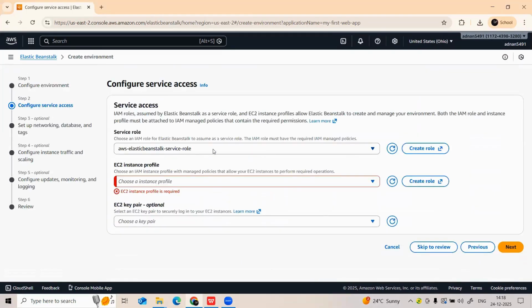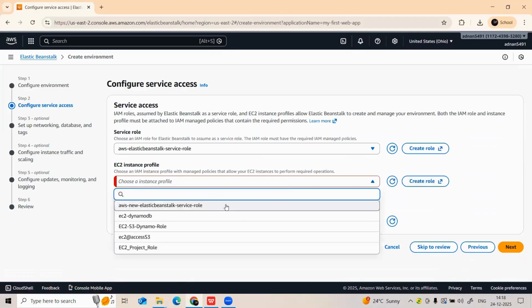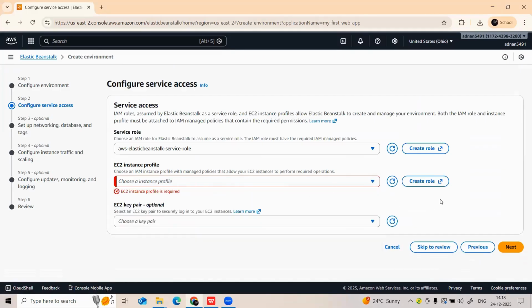So let's go and create our IAM instance profile. Let's go and create that. You can also choose which one you want, which I've already created. I'm going to show you how to create one. So let's go here,